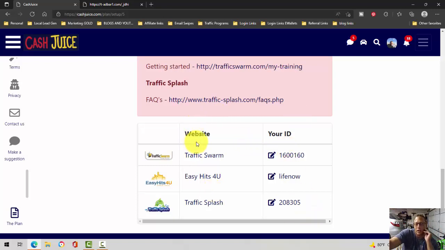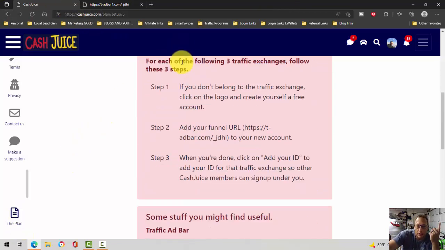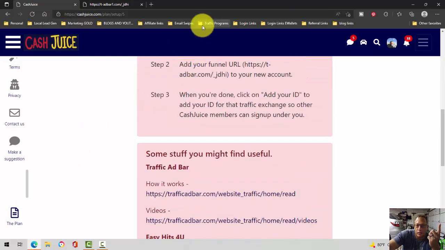What I do is I divide it up into thirds. Basically, I just buy enough clicks, so it's around 7,000 clicks, and that's roughly 1,000 hits per day to my website. So, the very first thing, click on the plan, go down here, read through this,